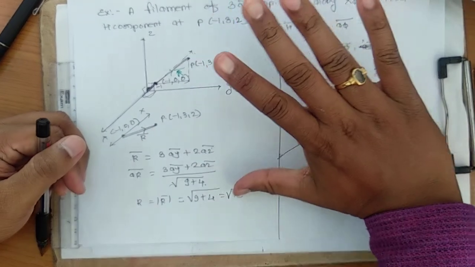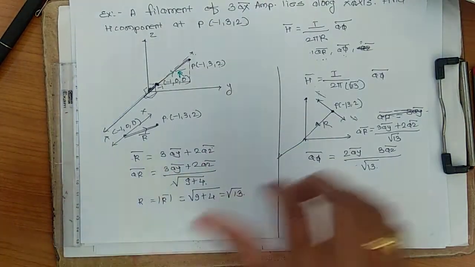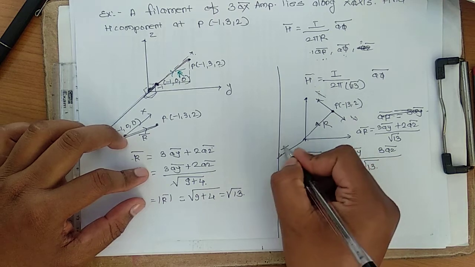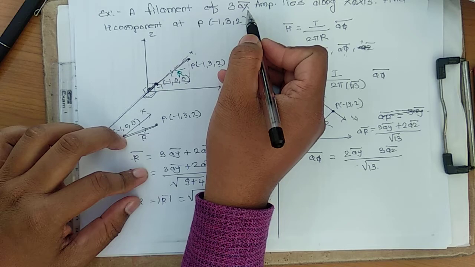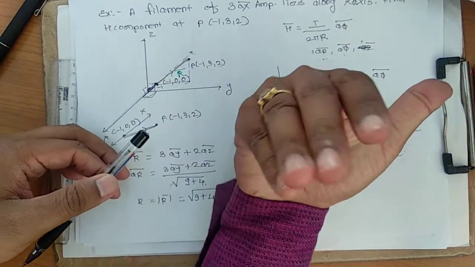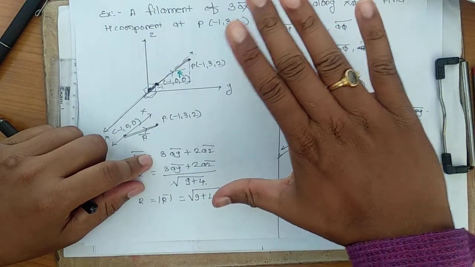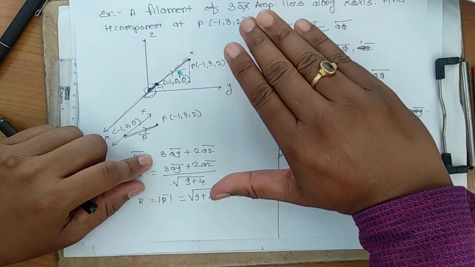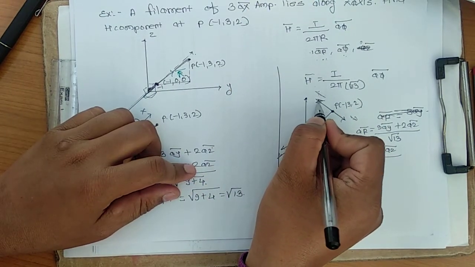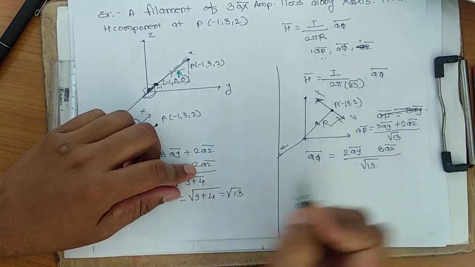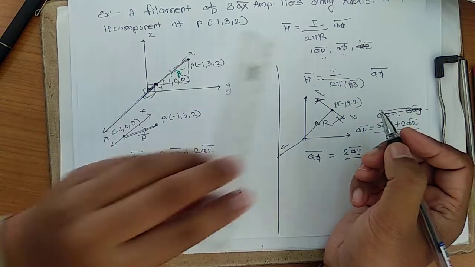So you can see, when this is the current direction, it is in plus X, because they have given 3 AX bar, they have not given minus AX bar. If you take minus AX bar, then the direction is opposite. But they have given the plus X direction, so see the direction of the current. This is the proper direction you have to take, you don't have to take the other direction. So this direction is very important. Now I will write the sign.